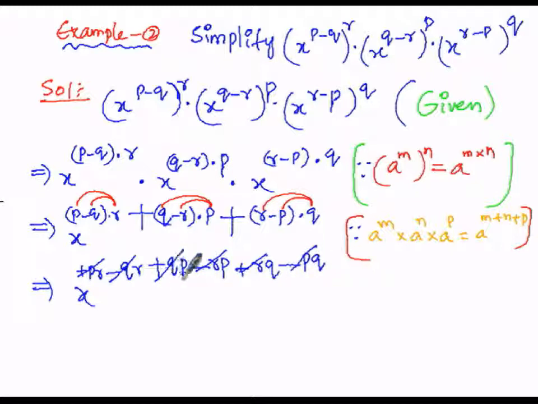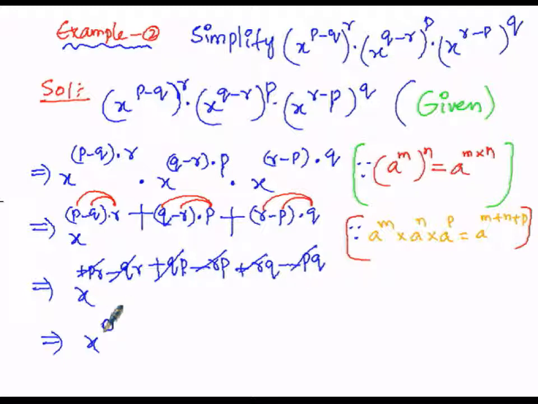So QP or PQ are both the same, because 2 into 3 is 6, and 3 into 2 is also 6. So multiplication is commutative. So here Q into P, that is QP plus QP minus QP or PQ, gets cancelled. So that implies x to the power of, there is no other term left over here, therefore it equals